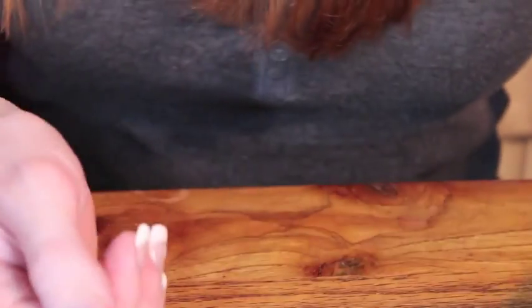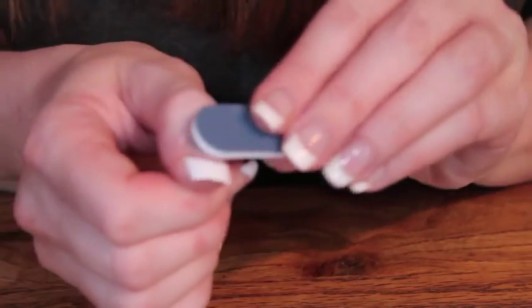So what I would do now, normally I would buff it at this stage, but in fact I will give it a little buff, but I wouldn't recommend really doing this. It's just that I've got glue on my nail, so I don't want it to prevent the gel adhering to this. This is not to buff it in at all. So I'll wipe it again with that